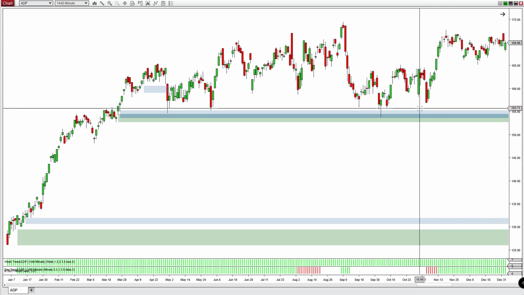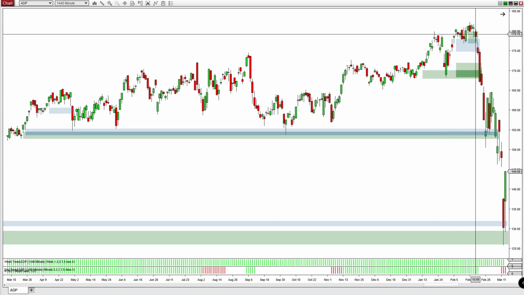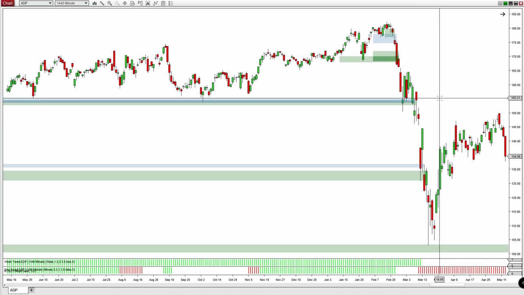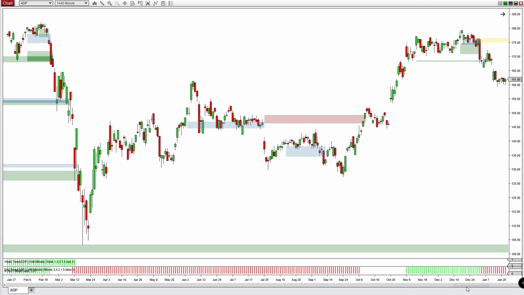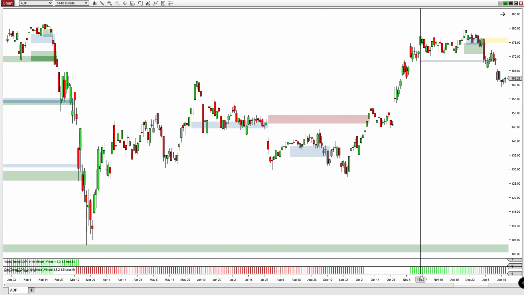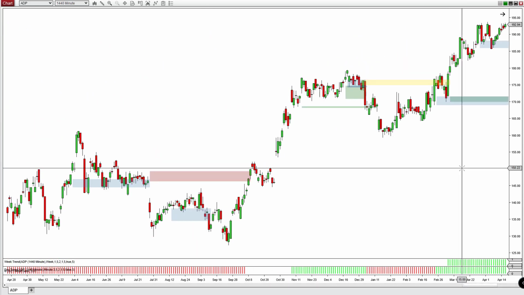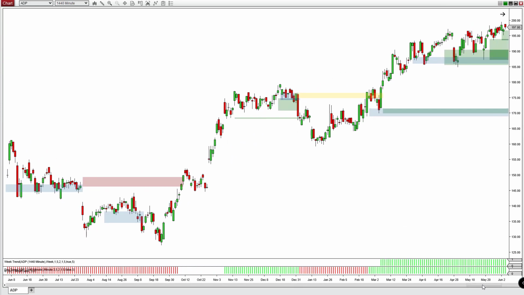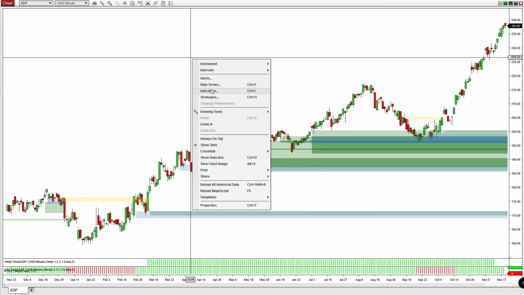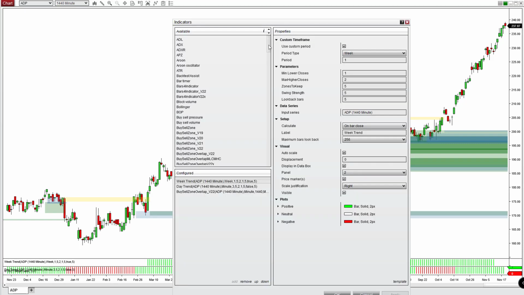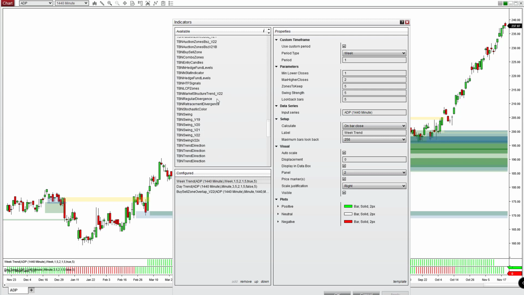Comes back into it here, and you get another move. This one, you finally get one that doesn't work out. You get the idea here, okay? So very clean. You get a period here where you go sideways. Doesn't do so well, but now you're back to crushing it. Right? Very clean chart, easy to spot the trades. And then in addition, one last thing, which is also included, is going to be the trend direction